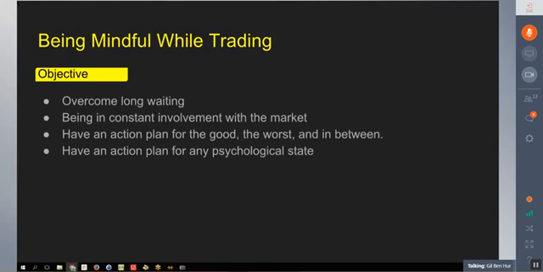So the objective for this lesson is to be mindful while we're trading. In our methodology, we have a lot of long waiting for the levels to come, and many of our traders, including myself and the people I trade with, suffer from the same thing. Sometimes it's really, really hard to wait for these levels, and we do all sorts of things to